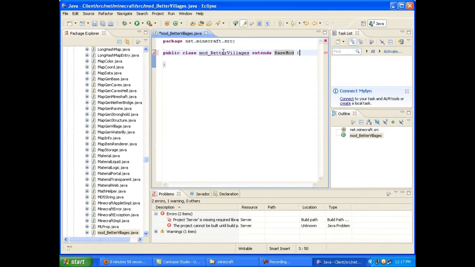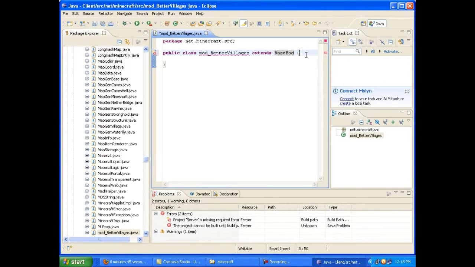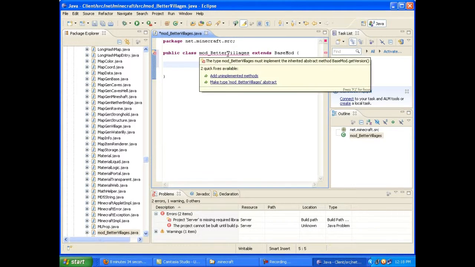But as you can see, we've got a red squiggly line, which means error, under mod underscore villages. And it says the type mod underscore villages must implement the inherited abstract methods. Basically what that says is that there's things in base mod that we need to override, you know, blank functions that we need to fill in. So actually, if you just come up here and click Add Unimplemented Methods,